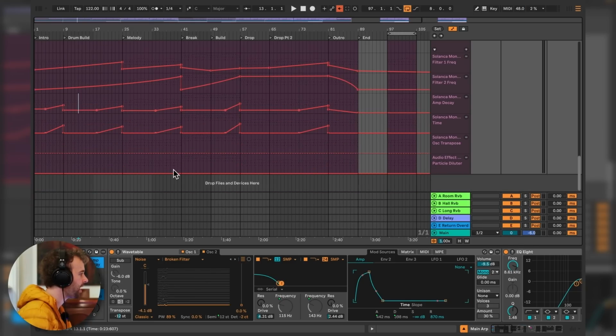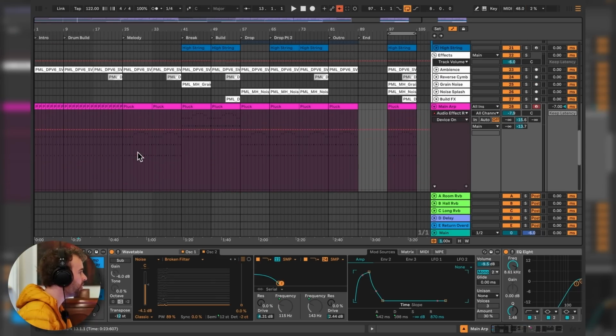And then let's use this particle diluter to, again, just increase the effect towards these transitionary areas, just subtly, particularly maybe towards, say, the end of the drop part 2, and in the build-up, maybe even more in the build-up. And then in the outro as well, we can use it to really kind of fade out the track at the end. And you could obviously go through and refine the automation a little bit more, but let's take a